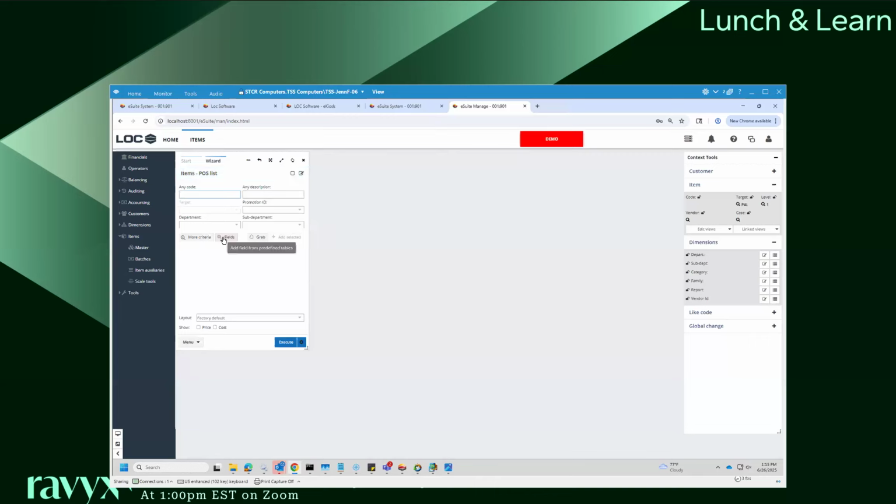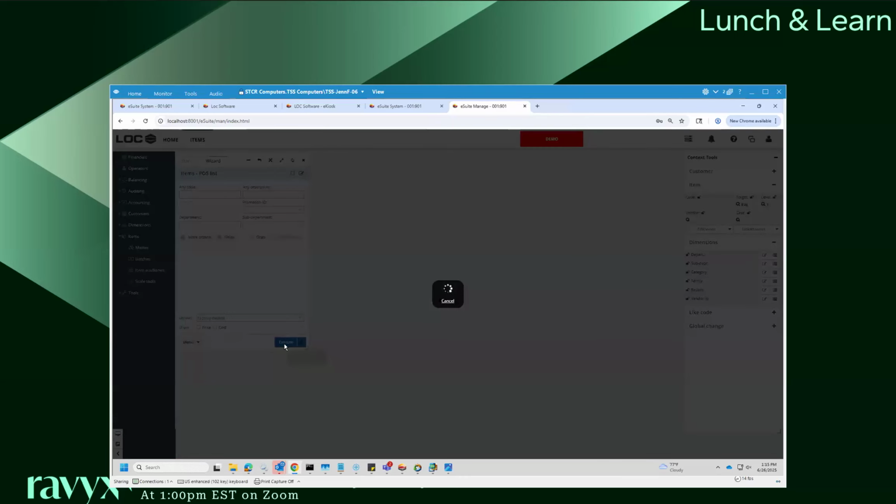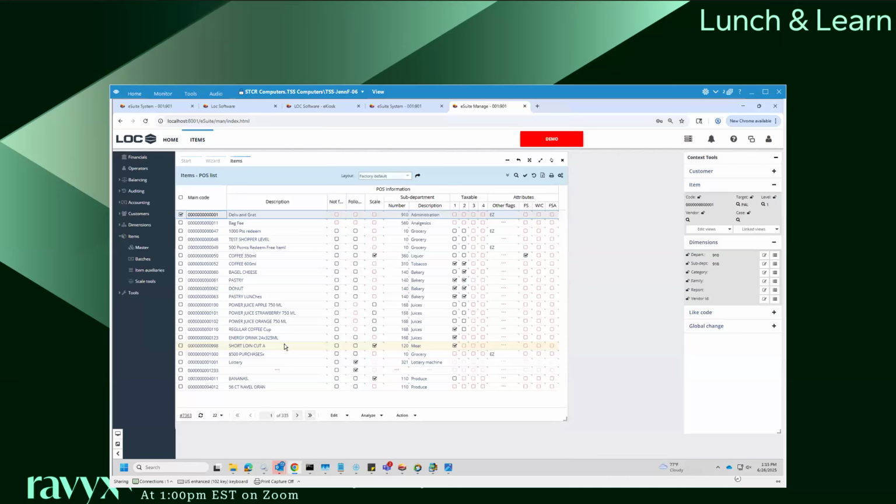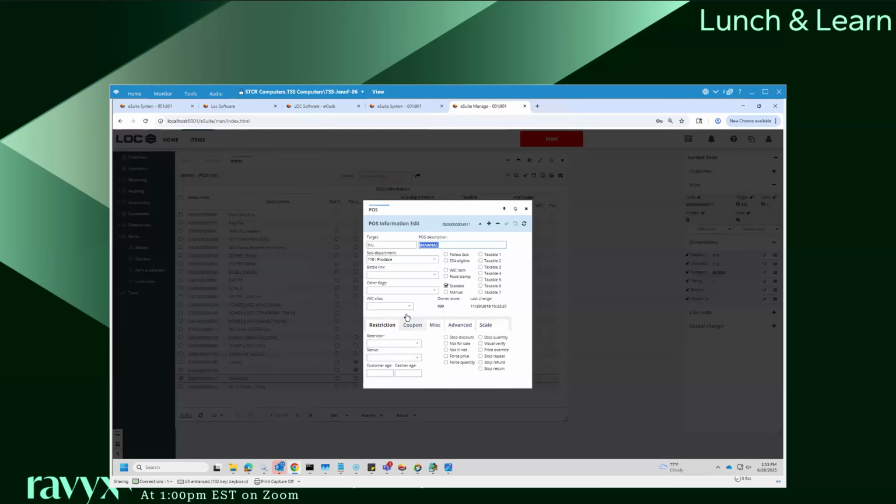Obviously, any other information like price information will just go down with regular maintenance and descriptions, all of that for the items. But this specifically is where you're going to look for that. So I'm just going to go ahead and execute my POS information and show you where you can look at that. You can go ahead and look at one of our items. We'll just pick on bananas. I always pick on bananas. Go into our master table for POS master,